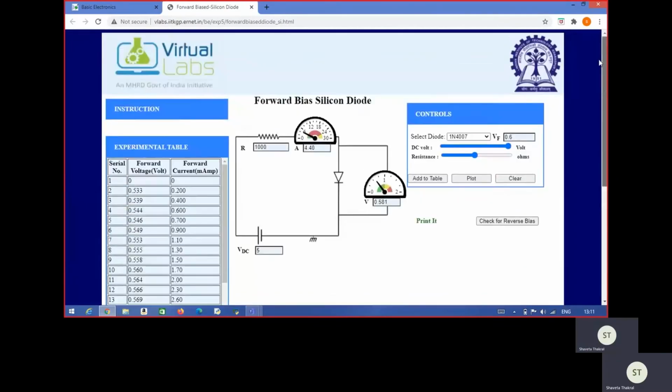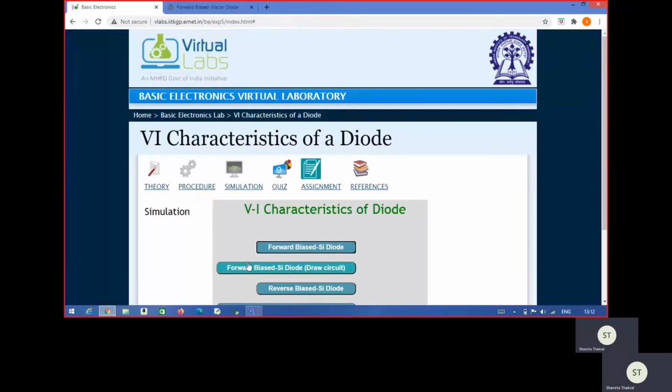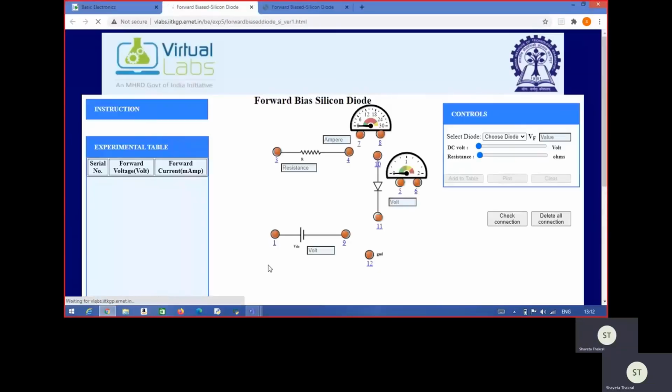Then after that, we can go for the connections also, like what are the connections we have done. The connection exposure can be done by this tab, that is the forward bias silicon diode circuit tab. So if we go to this tab, then here we can go for all the connections, so that physically when we are present in the lab, we can make all these connections on the breadboard. So what are the connections here? Here the various nodes are given, so we have to join these nodes to understand the various connections.